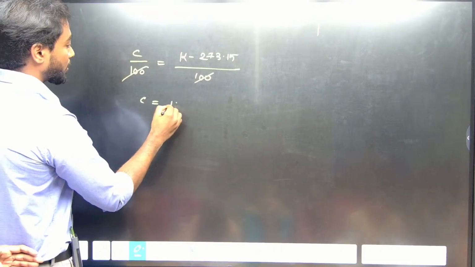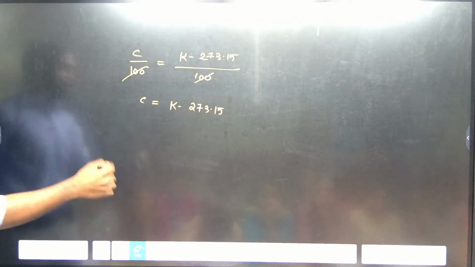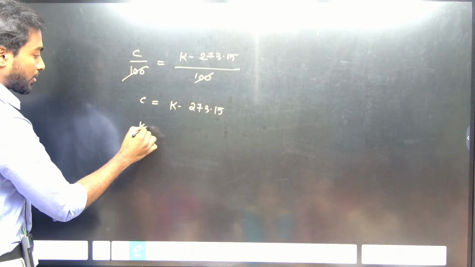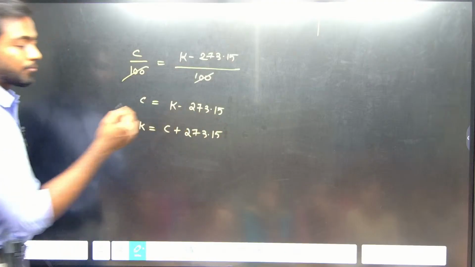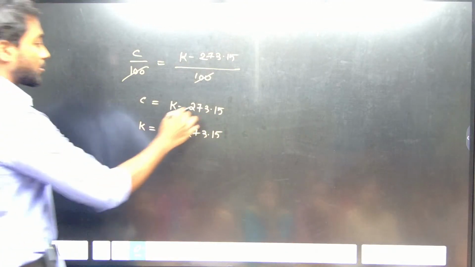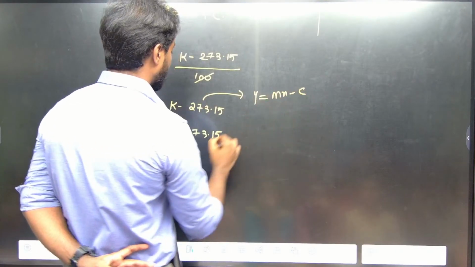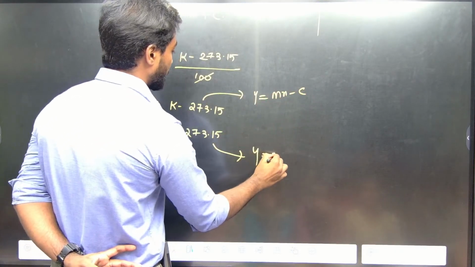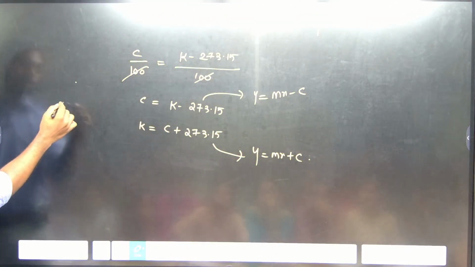C will be equal to K minus 273.15. So I can write K will be equal to C plus 273.15. Okay, so this one is in terms of y equals mx minus c, and this is in terms of y equals mx plus c. Okay, so this graph will be looking like,